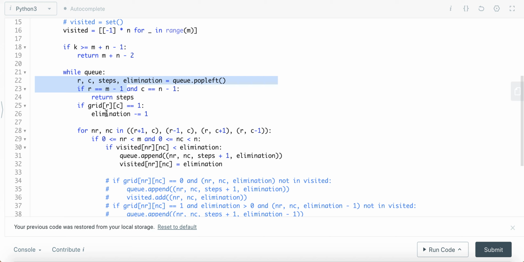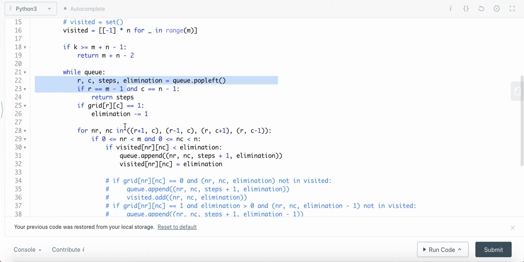And then when we pop this one, let's say if this grid cell is actually an obstacle, we update our elimination value. In this case, we did not update it when we visit the neighboring cell. That's why when we pop it, we just do the updates. So if we are visiting the current cell, and the current cell is an obstacle, we just reduce the number of eliminations left, and then we check the neighboring cell to see if we can pass to the neighboring cell. For the neighboring cell, if the visited, let's say the elimination needed is less than the current